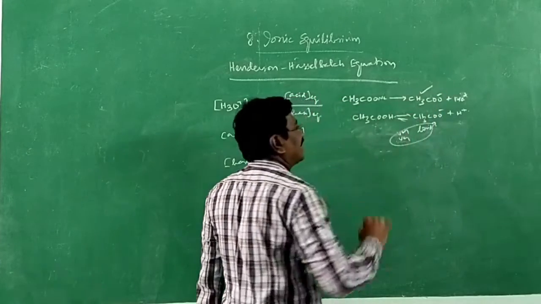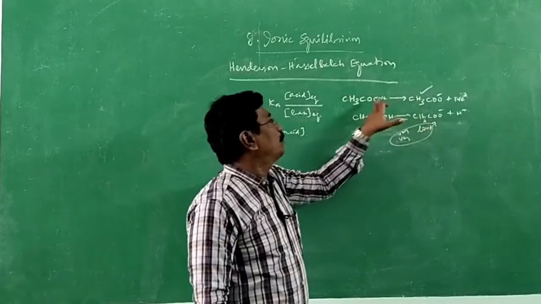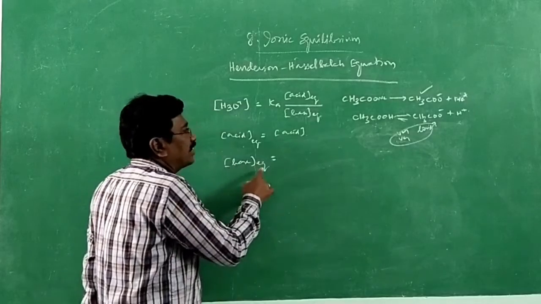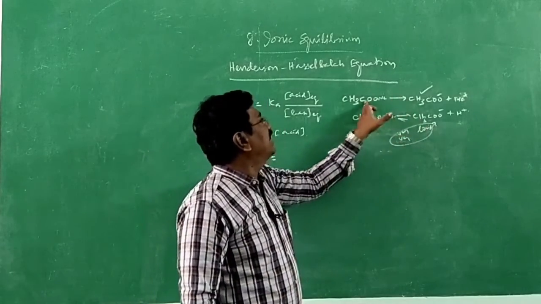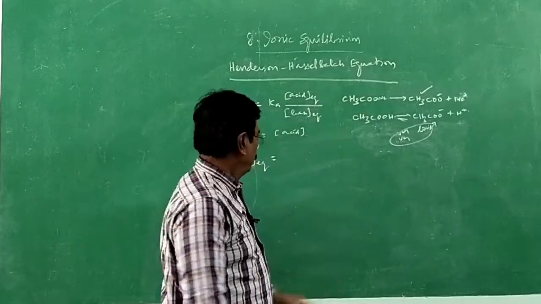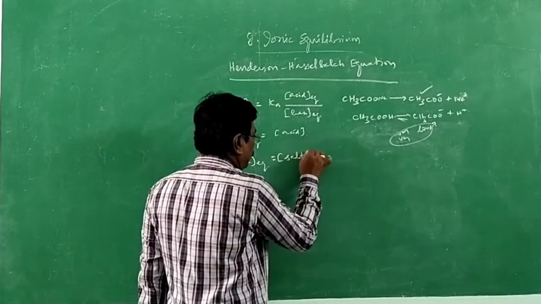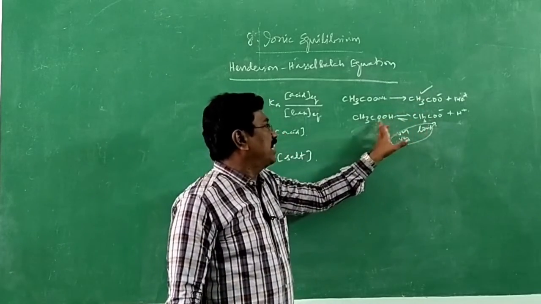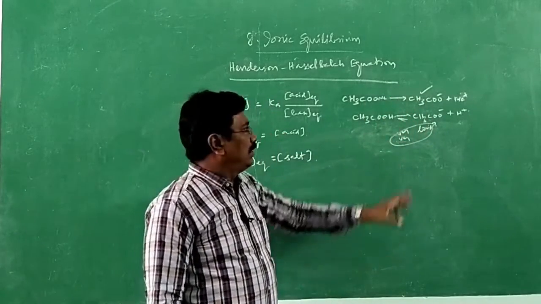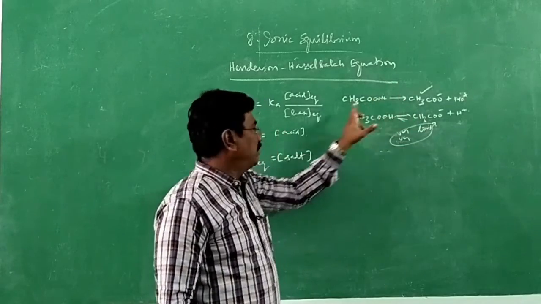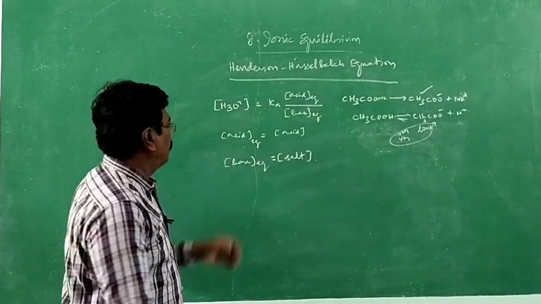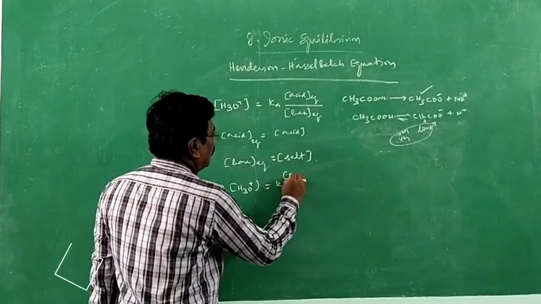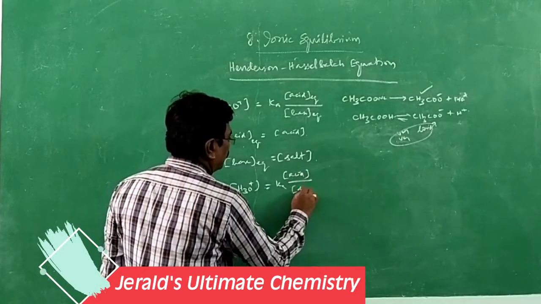But the concentration of acetate ion we are fully getting from sodium acetate, because it is a strong electrolyte. And therefore, the concentration of acetate ion may be considered as the initial concentration of salt. It is available only from the salt, because the concentration of acetate ion available from acetic acid is negligible. Now I can replace: hydronium ion concentration is equal to Ka into the initial concentration of the acid divided by the initial concentration of the salt.